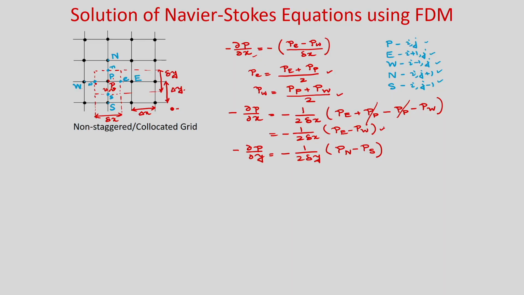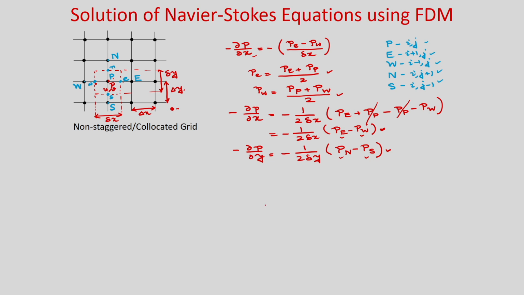You can see when we are solving u momentum equation at point P, pressures are involved east and west, there is no pressure at P. And similarly, when we are solving y momentum equation, del P by del y, pressures are involved at north and south, not at P. So, you can see that although we are solving the velocities at a particular cell, the pressure at that point we are not incorporating in the pressure gradient.